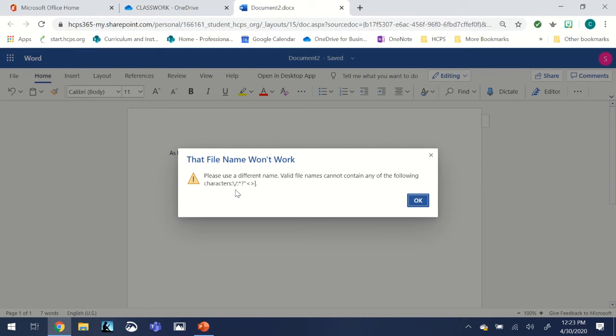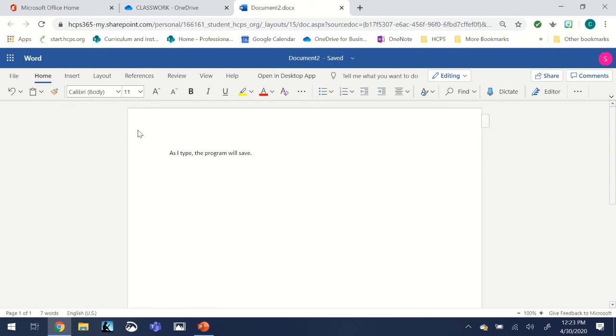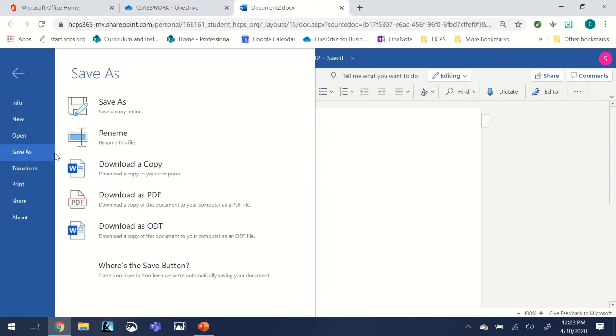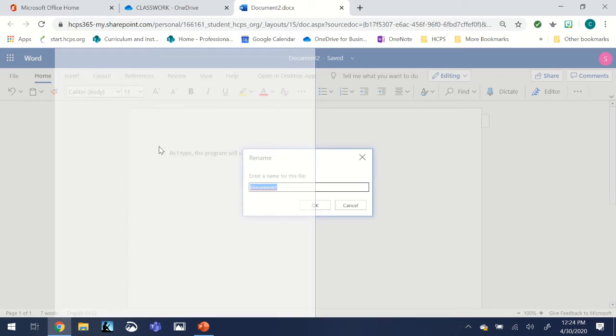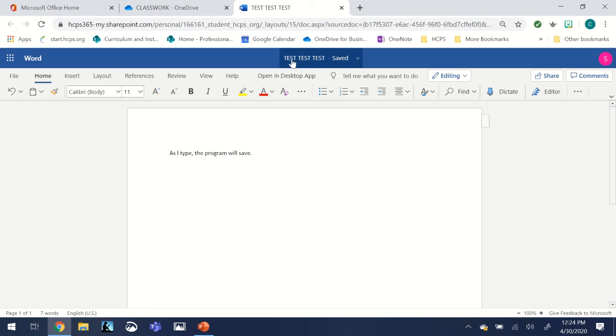Whoops, I cannot have punctuation. Drats. So I'll try again. File, Save As, Rename. I'll just do test, test, test. And I'll hit OK. And if you notice, it does change up here at the top what the name of the file is. So everything that I type from now on